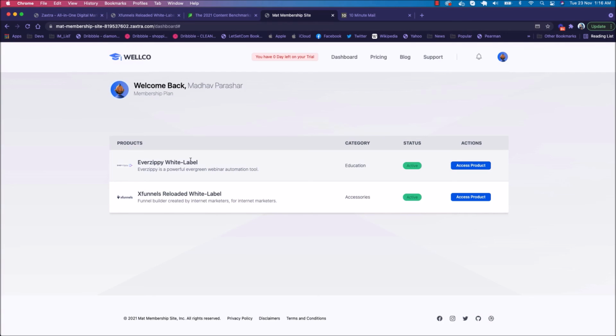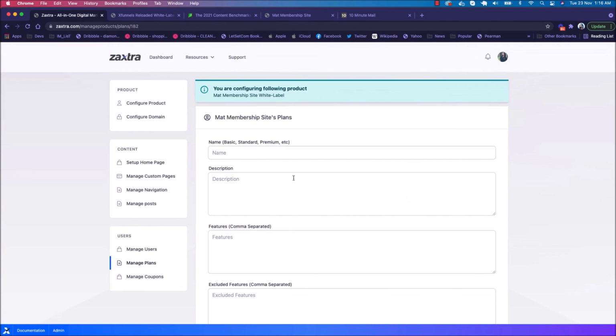automatically without doing anything. You can manage everything from one dashboard: all your membership sites, your downloadable products, your lead magnets, your software as a service, your pages, your blogs, your custom pages, your navigation, and everything, even your payment gateways. So you can manage everything from the single dashboard. Okay, it works like magic, it's very easy to use, it's very convenient.